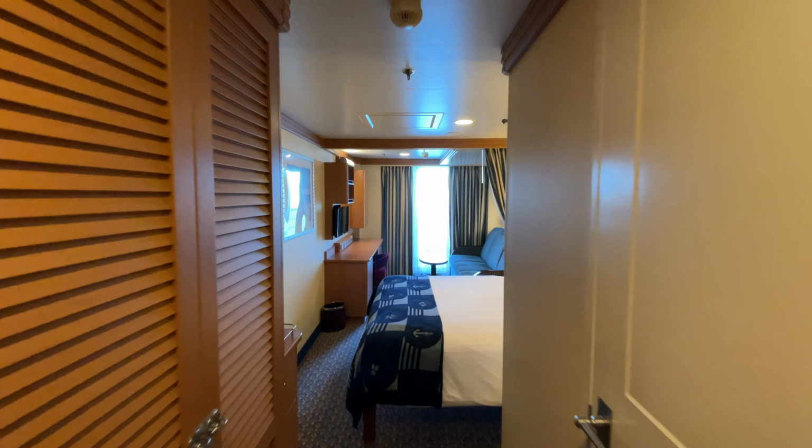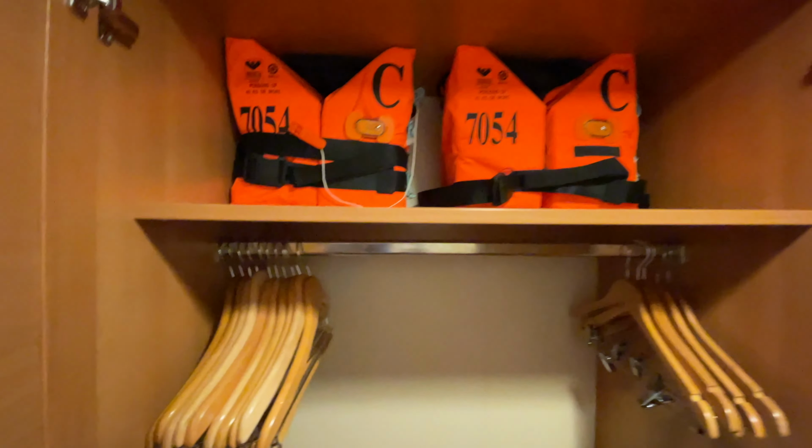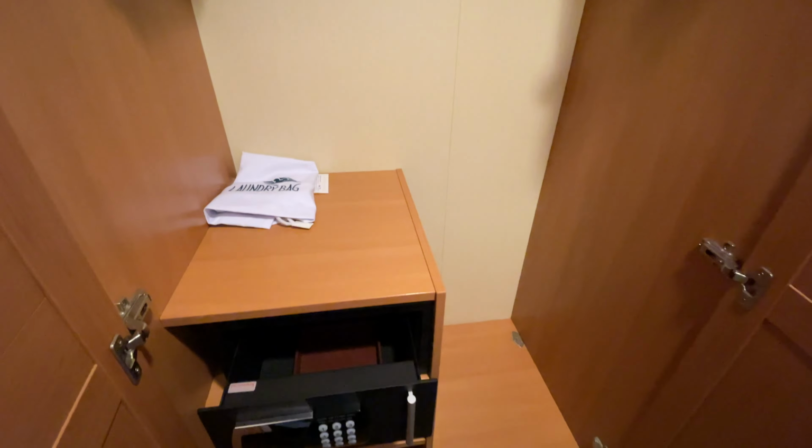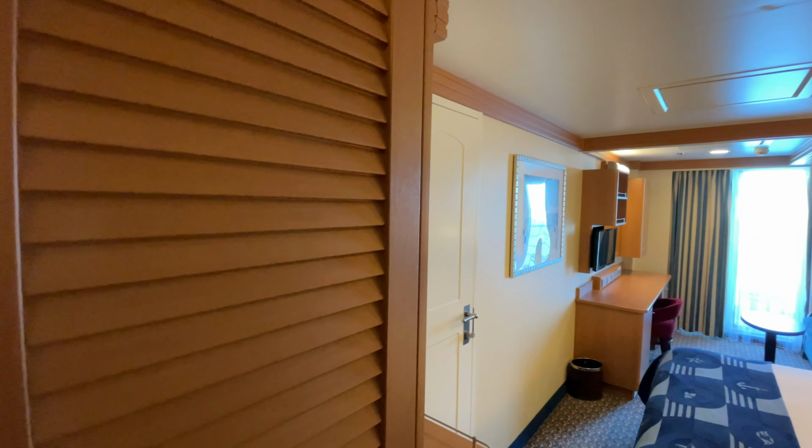All right, as we come into the room here, we've got a couple closets over on the left. The one closet has a closet rod and your life vests up there. You also have a safe down in the bottom of this closet. And then the other half just has additional hanging space and some more clothes hangers. You have additional life vests up top as well, and some storage space down on the bottom. You also have a little ladder for the upper berth. If you do need to utilize that bed, your stateroom host will take care of pulling that down for you